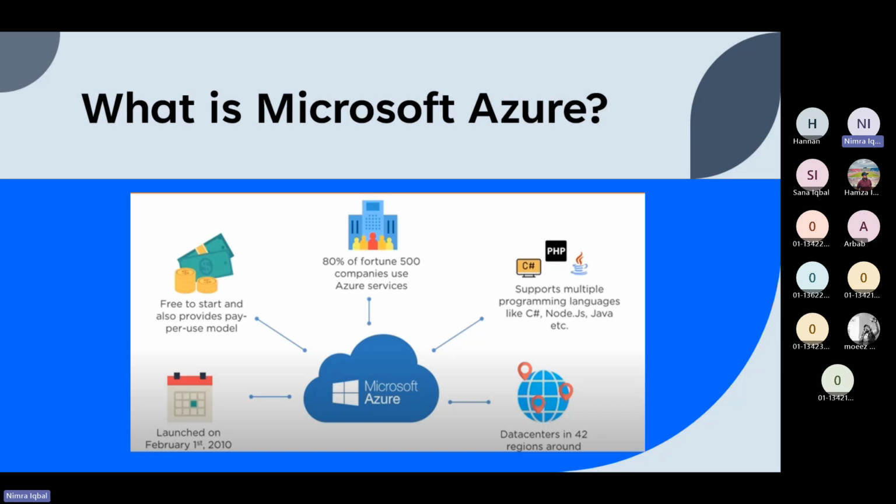And then Azure supports a wide variety of programming languages, the C Sharp, the Node.js, and JavaScript, and much more. Another very important selling point of Azure is the amount of data centers it has across the world. Now, it's important for a cloud service provider to have many data centers around the world because it means that they can provide their services to a wider audience. Now, Azure has 42, which is more than any cloud service provider has at the moment right now. It expects to have 12 more in a period of time, which brings its total number of regions it covers to 54.